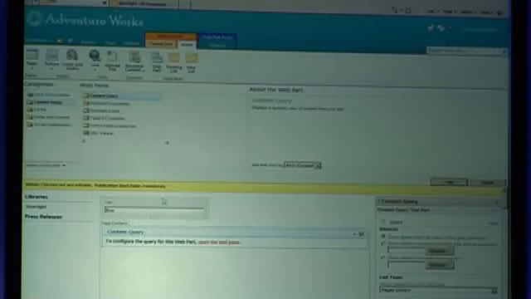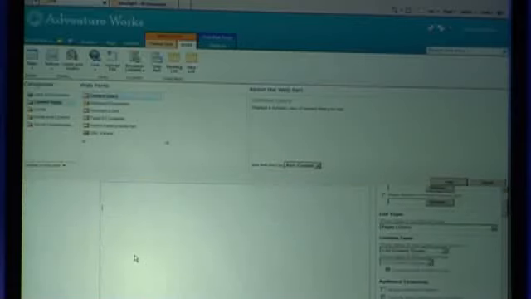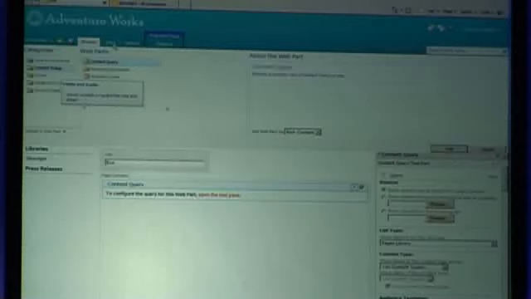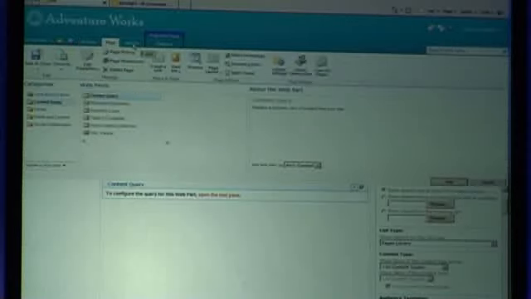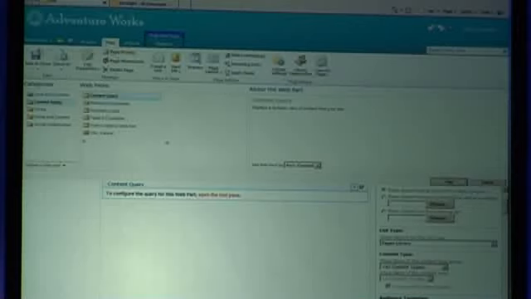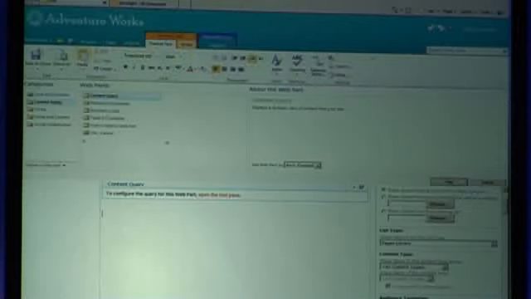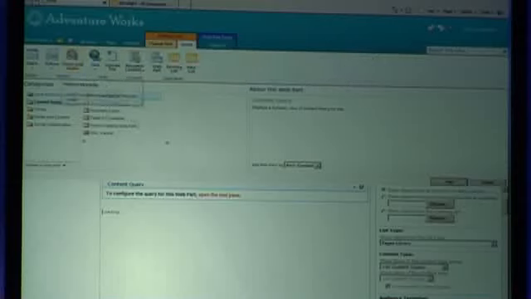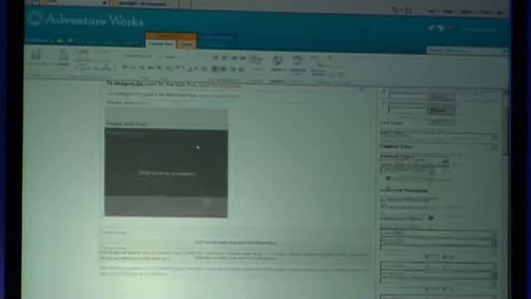In fact, no. What we'll do is instead of adding a web part, we will just show embedding video into the page content area. Notice on the ribbon I've got this video and audio. Okay, so I'm in there, insert video. And what that's done is it's actually dropped a